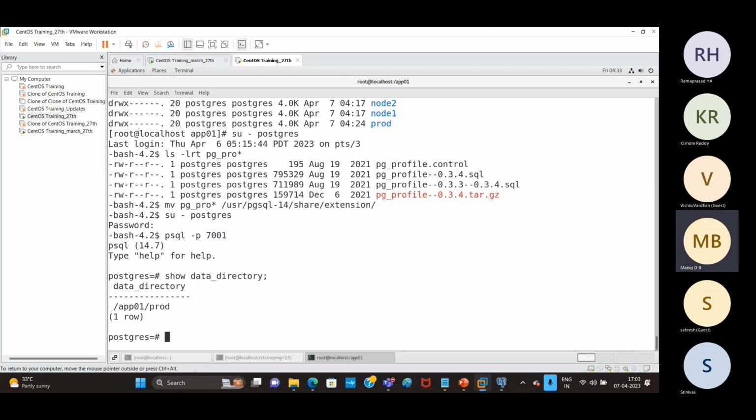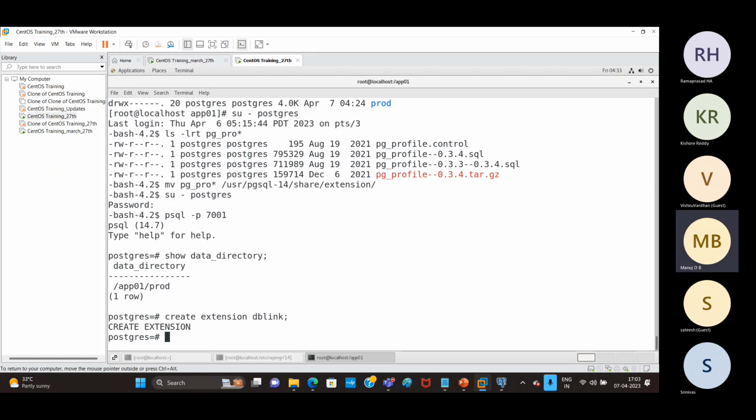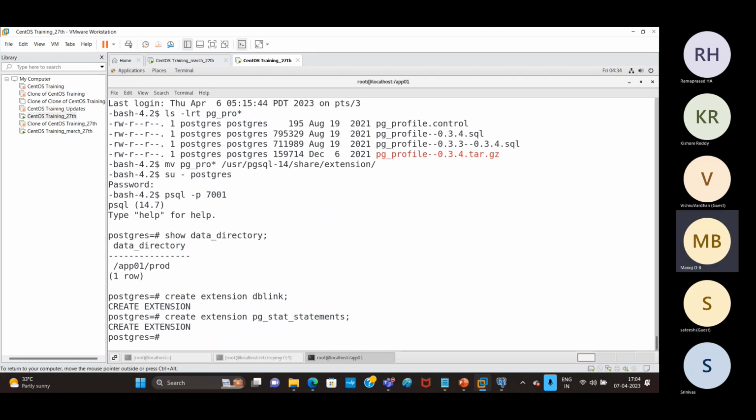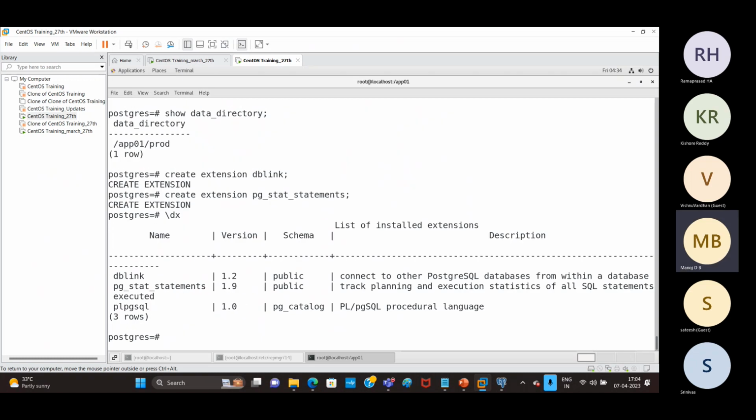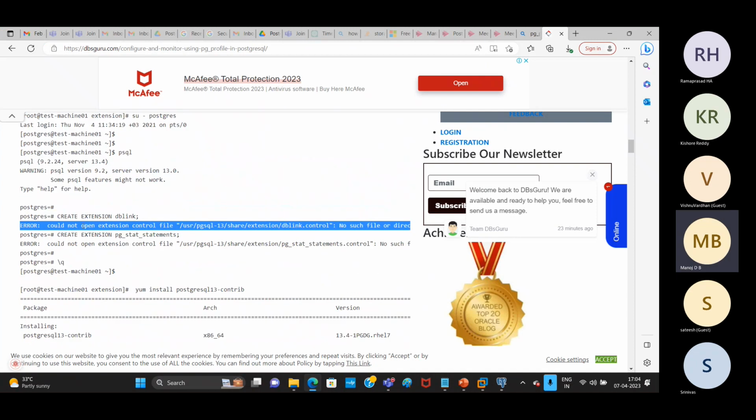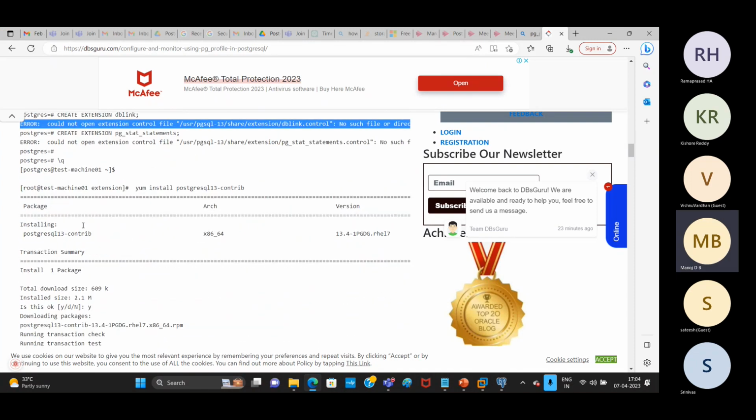Here I need to create two extensions. What are those extensions? dblink. And we also need to create one more extension called pg_stat_statements. So here, guys, we need to create these two extensions. Once we have created these two extensions,